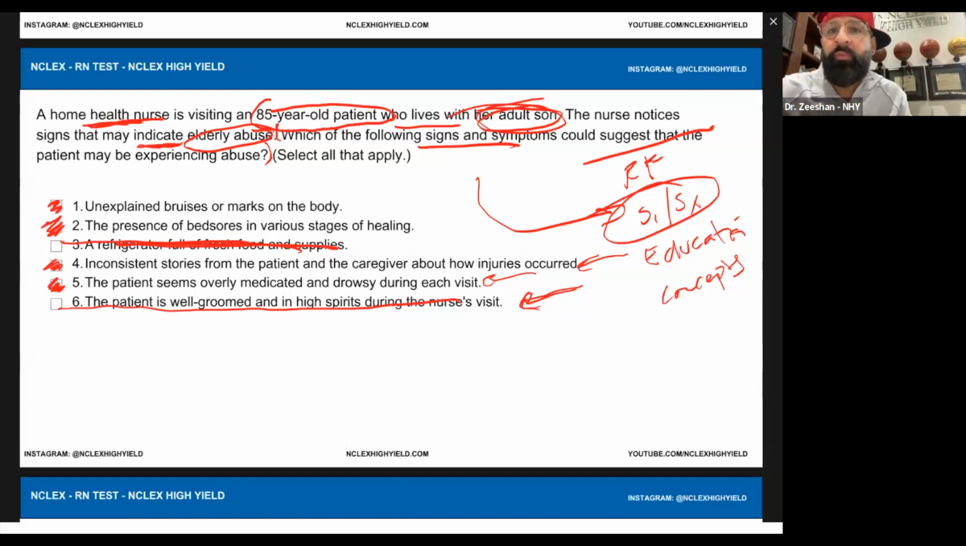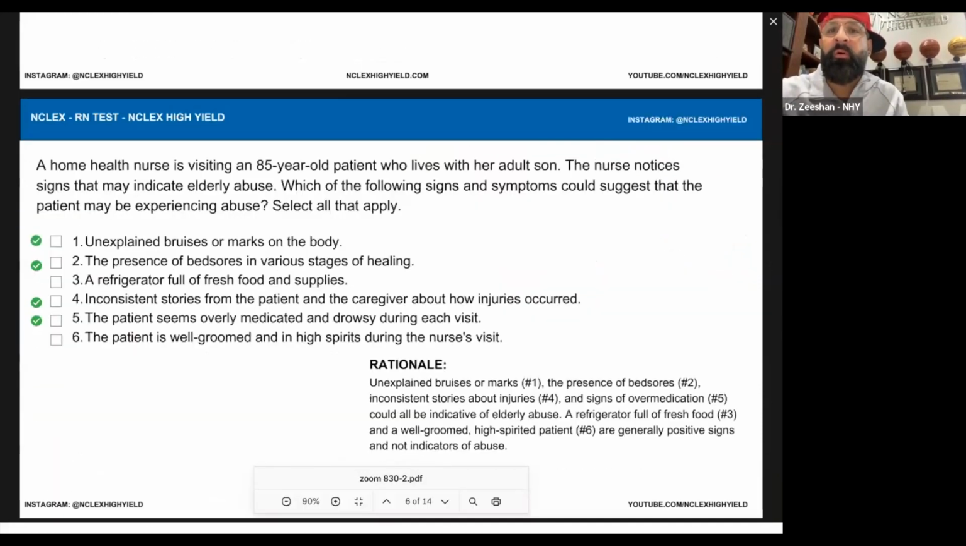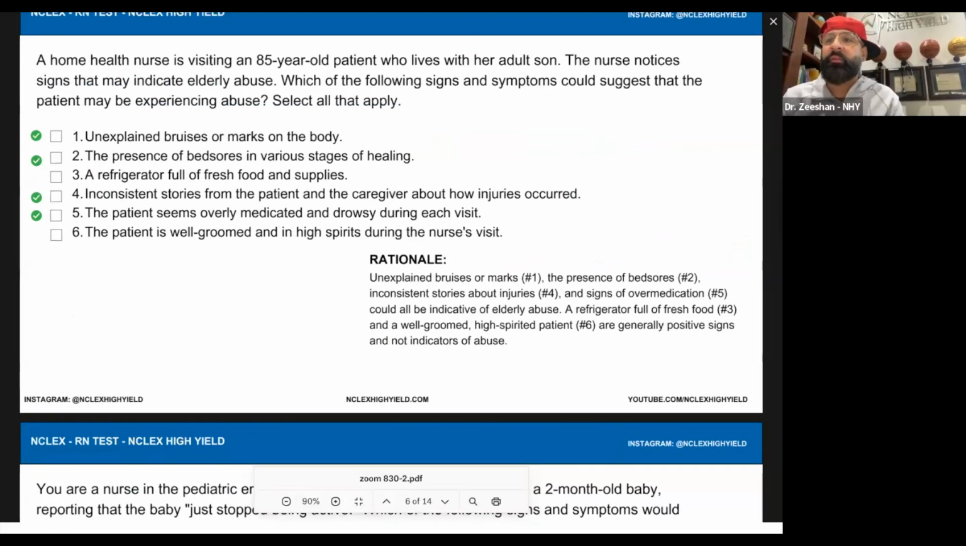Cool. So we got 1, 2, 4, and 5, right? So again, very common elderly abuse